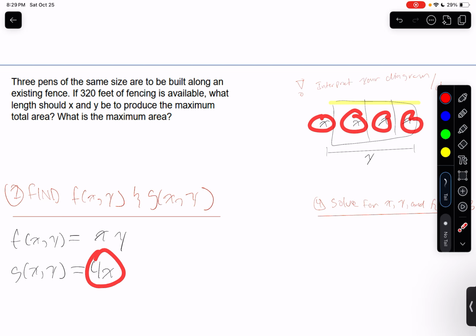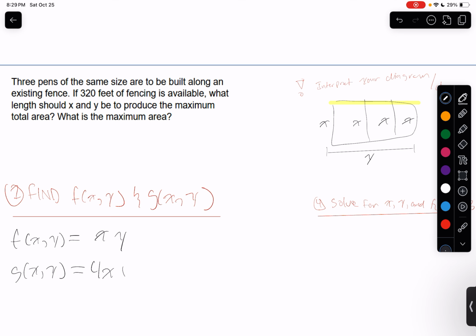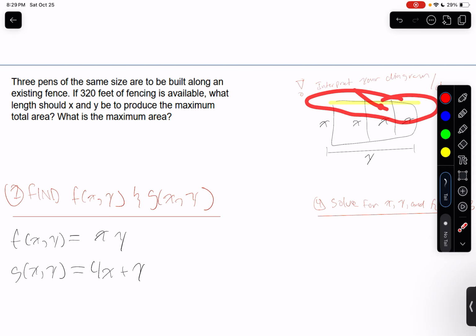So we're gonna write 4x. I want you guys to keep in mind that we only have one y, okay? We don't have 2 y's. This y is already existing, and there's no need to build a fence that exists already, okay? And since this is the parameter function, we're also gonna make sure we include that there's 320 feet of fencing